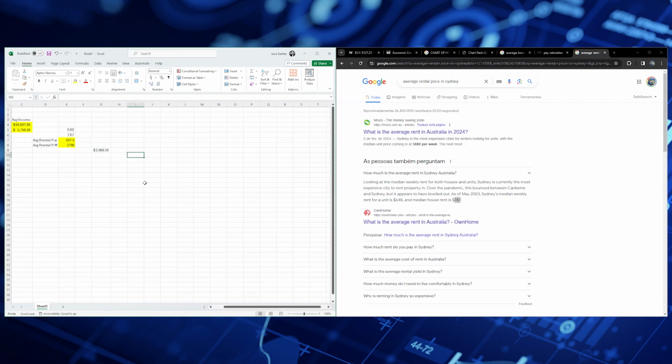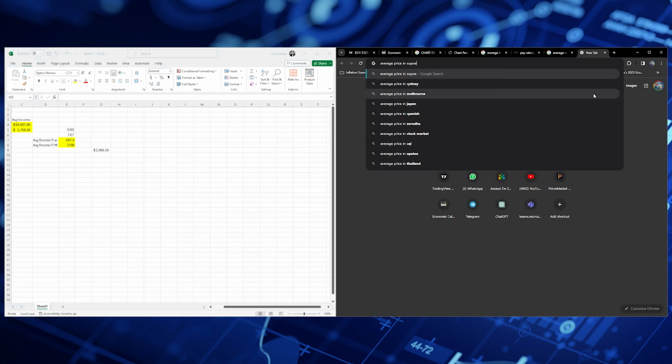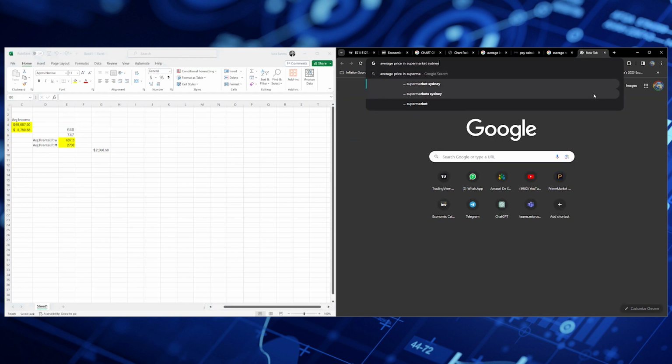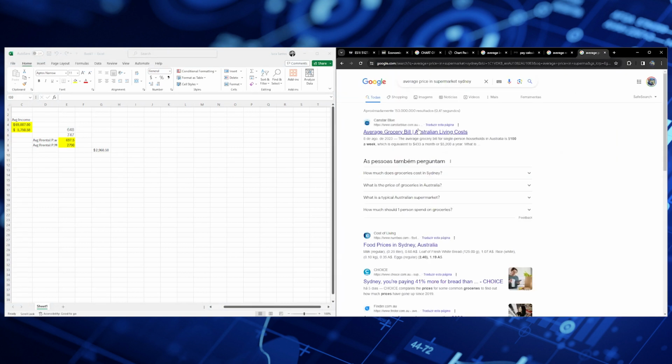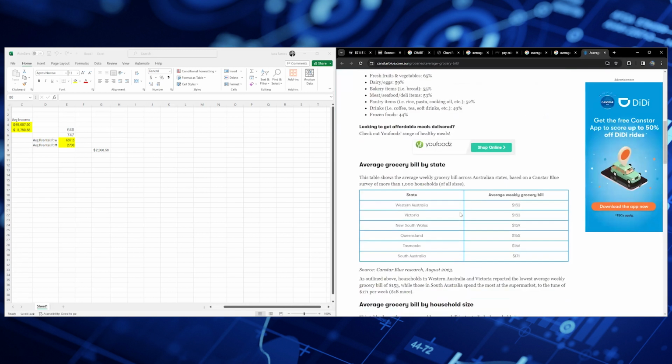Now from this $3,000, let's have a look just to live. Average price in supermarkets in Sydney. This is from Canstar Blue. They're pretty reliable. There we go. Average weekly grocery bill, Western Australia, New South Wales. This is the one, this is weekly. Let's take it easy. Let's put $159